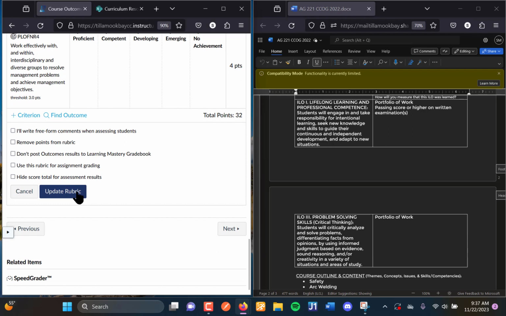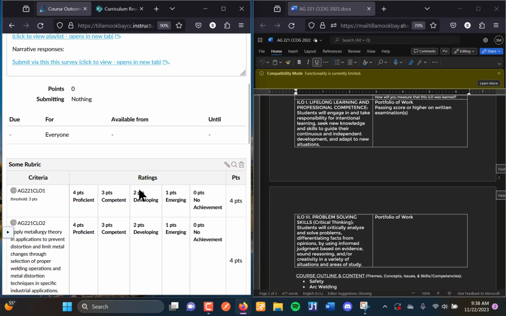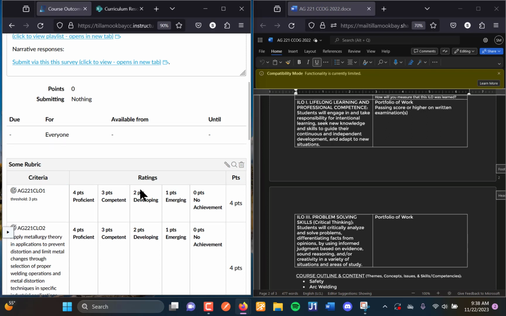If you're building a new rubric, you want to be sure to click this button. It's going to say Create Rubric. If you're editing a rubric, you want to be sure you click this button. It's going to say Update Rubric. Because you don't want to lose your work on those, because it's annoying to build those. I understand. Alright, so once you've done that,